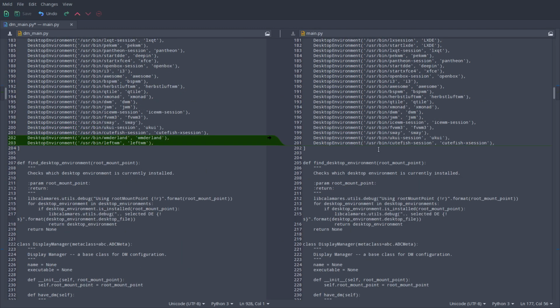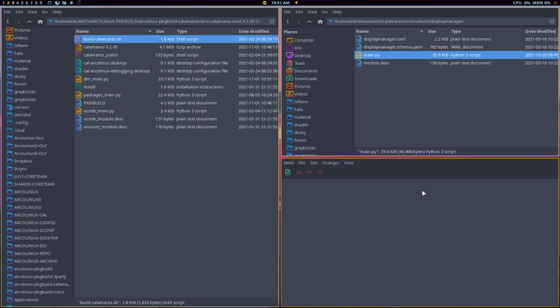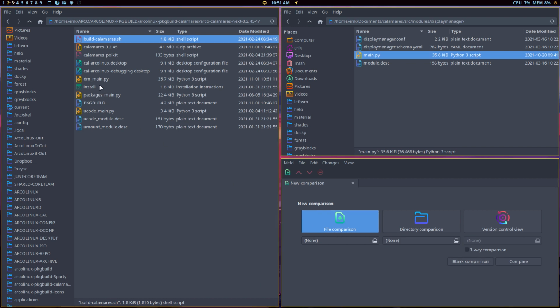But if I would use the Calamares guy, it wouldn't have Wonderland, it wouldn't have LeftWM, and it would have Wayland as GNOME. So save it is, and then another one, another file comparison. So that's one, packages main pies one,